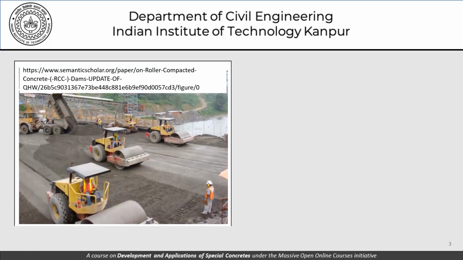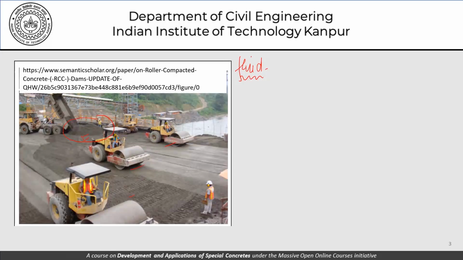So this is a bird's eye view of what a site where we are doing roller compacted concrete looks like. You can see here that concrete is being dumped using a dumper truck and is being compacted using these rollers. Now if you look at this concrete, it is a far cry from what normal concrete, which I've been talking about as fluid. What I've said is that in the fresh state, we want the concrete to behave like a fluid, and in the hardened state like a solid. Now this concrete here is hardly behaving as a fluid.